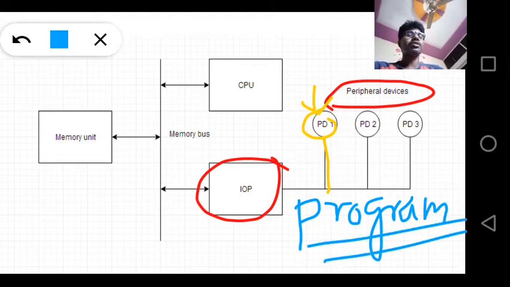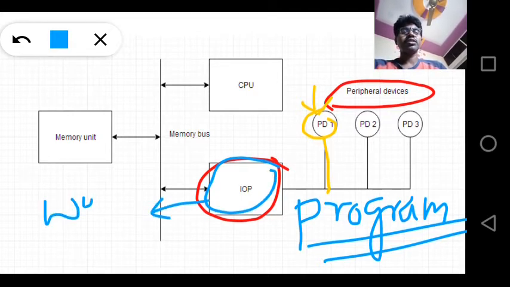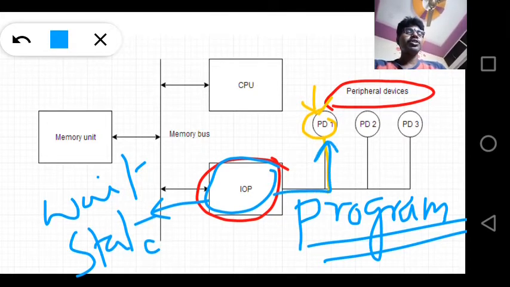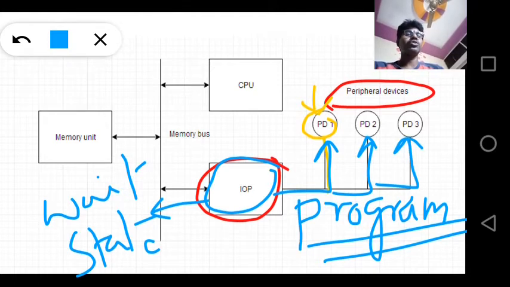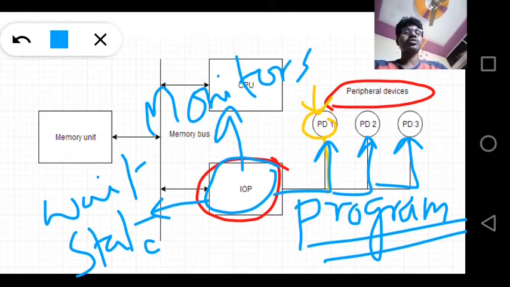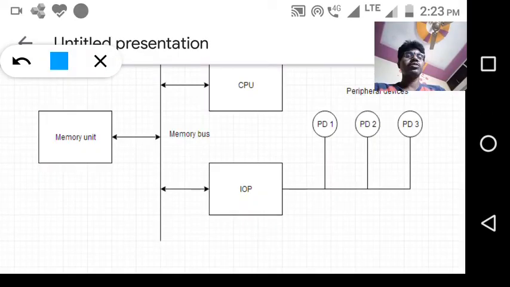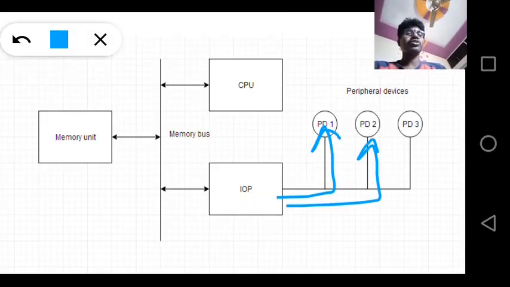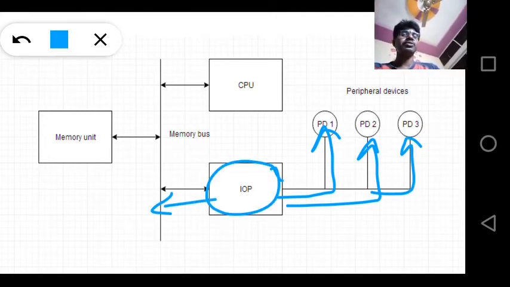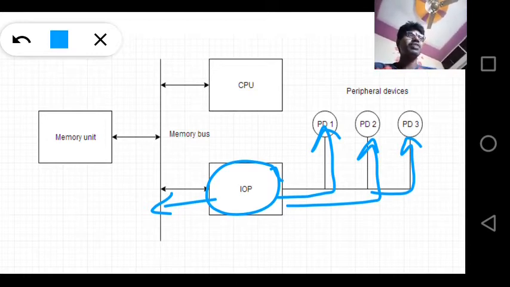Remember, we have seen program controlled data transfer. The IO processor will be in the wait state. It continuously monitors the device controllers. It continuously checks the status of the IO devices. So there is no other job for the IO processor, and extra hardware is not required, like for interrupt. So the best method of IO data transfer technique that the IO processor can utilize is